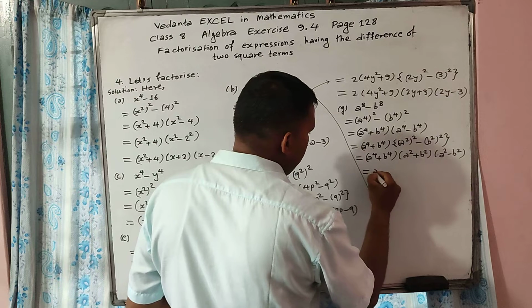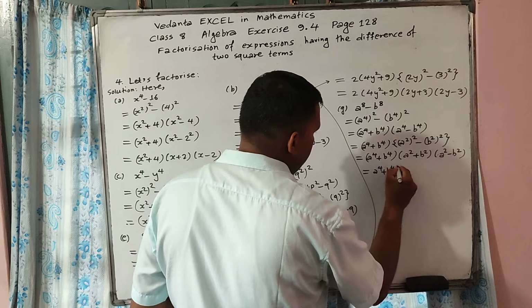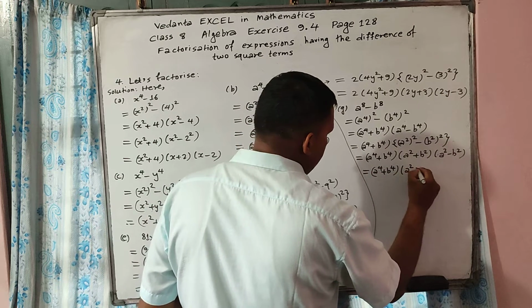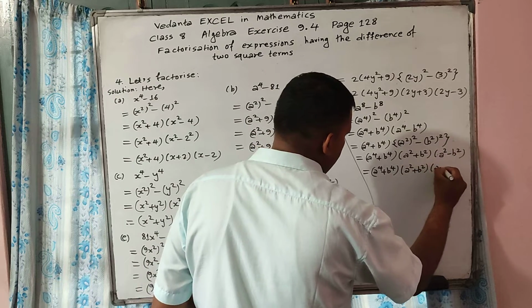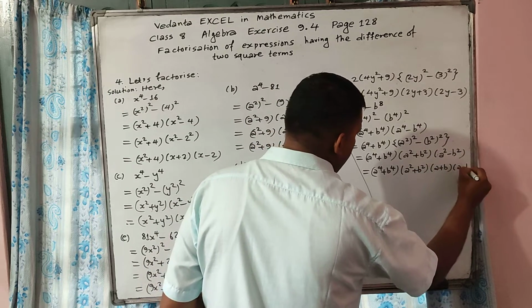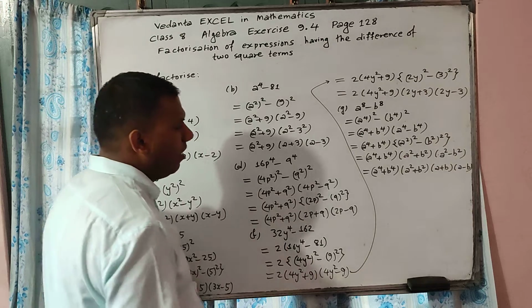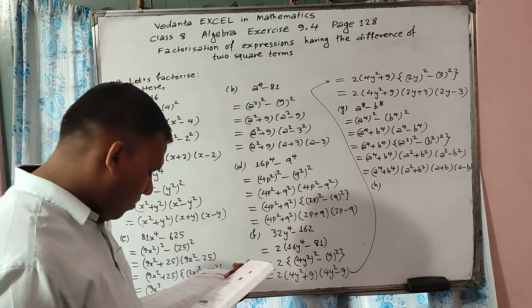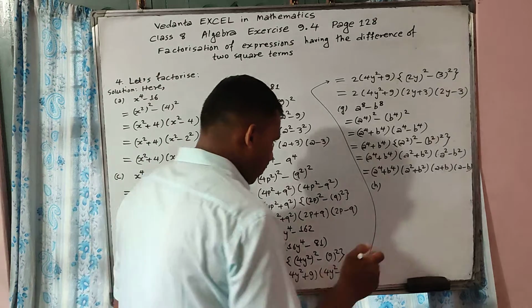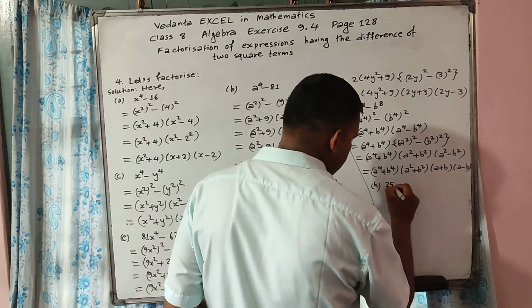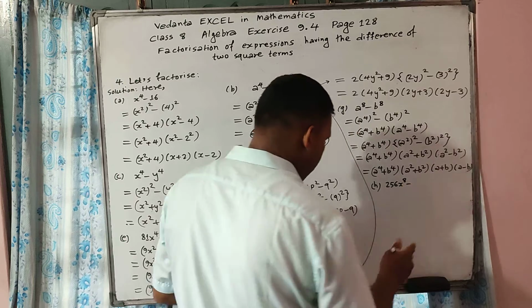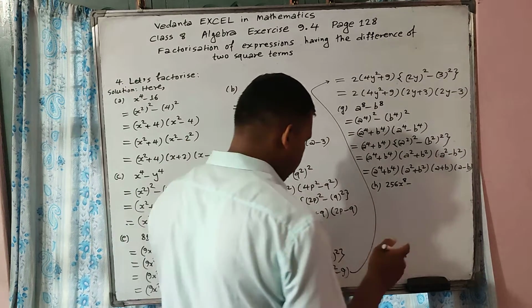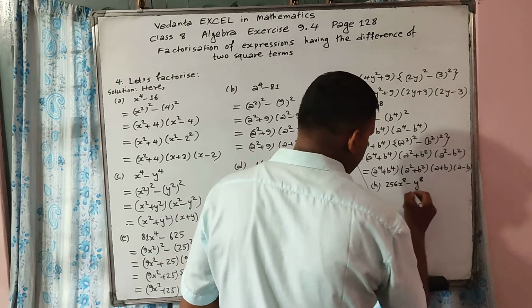Now this is equal to (a to the power 4 plus b to the power 4) into (a square plus b square) into (a plus b) into (a minus b). Now for x, 256 x to the power 8 minus y to the power 8 is equal to